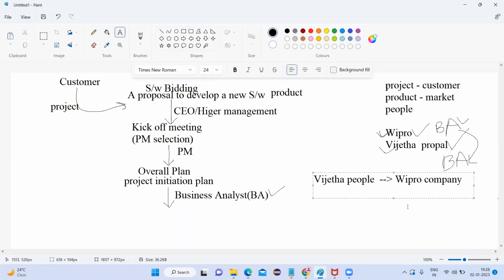Now this Wipro company, what will they do? They will appoint one project manager for this project. From the Wipro company only, this project manager will appoint one person called business analyst. So there are two persons from the Wipro company: the PM and the business analyst. Now this business analyst will go to